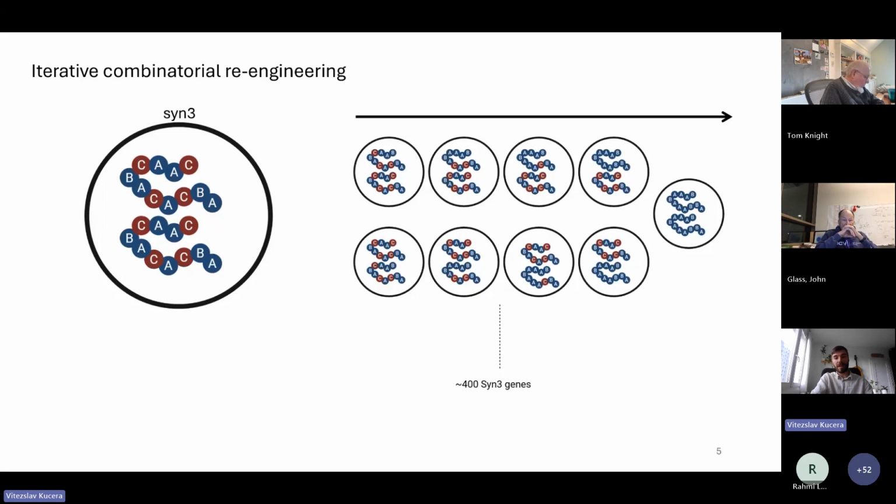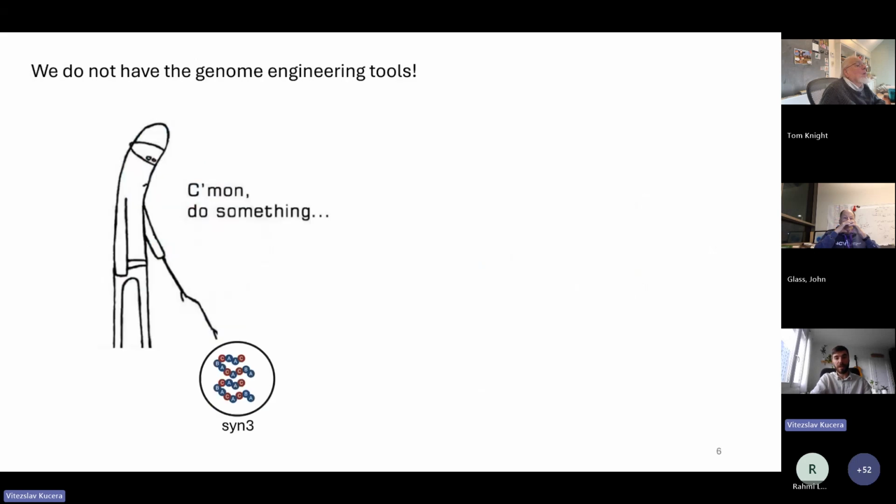And ideally, by the end, if we can do this for all the genes, we should come up to either a cell that really does not contain all of the 20 canonical amino acids, or at least some intermediate that will be minimized in the composition of the targeted amino acid.